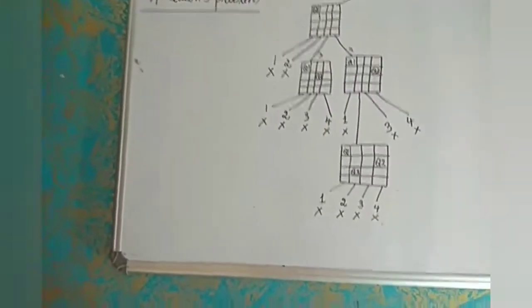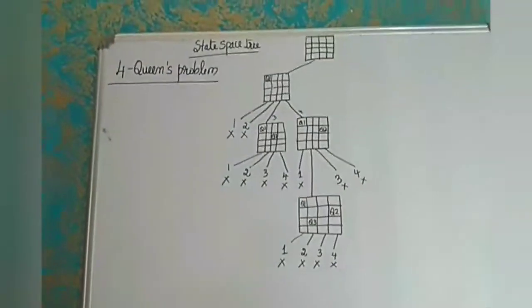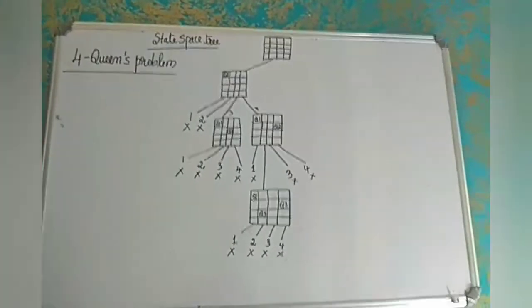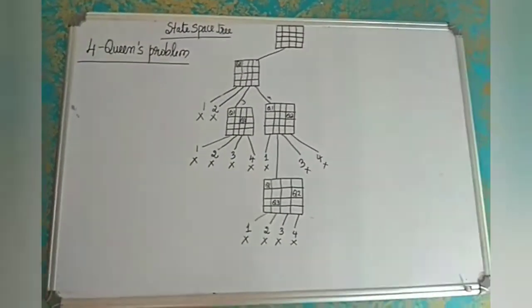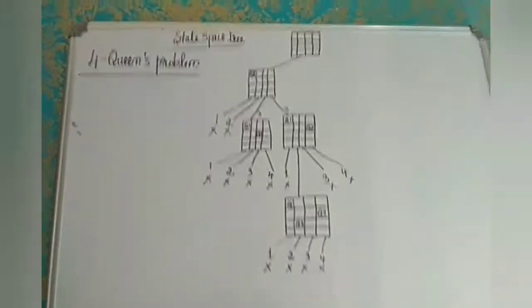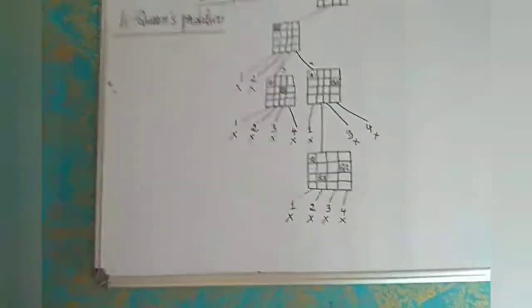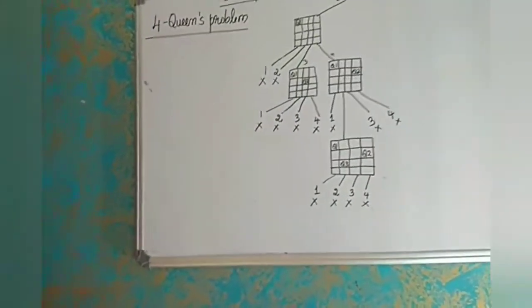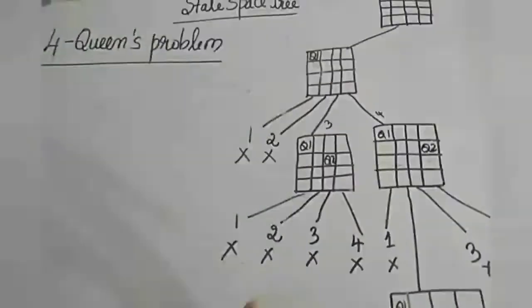Next, we'll continue. Now Q1 is placed, Q2 is placed. Next, I have to go for the third queen. We have not yet got the solution. We have 2 more queens to place. So we have got part of the solution but not the complete one. Next we'll continue with Q3 and check where to place it. Q3 should be in the third row. Which column to place it in, whether the first, second, third or fourth? We'll check all the possibilities.